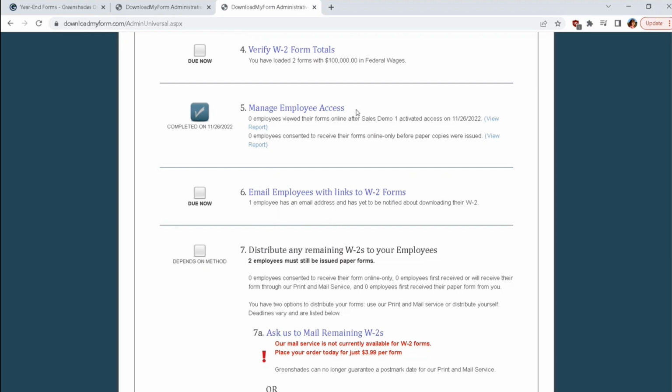Then item number 6 is what will notify them. So just going through item number 5 does not automatically send out a notification email. Item number 6 will let admins walk through drafting an email that informs the employees that their forms are available